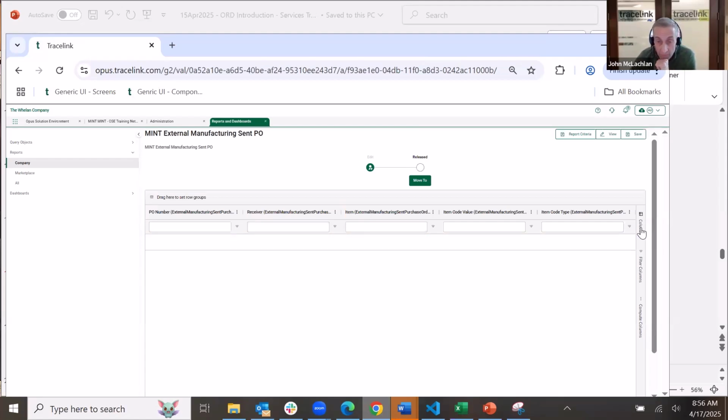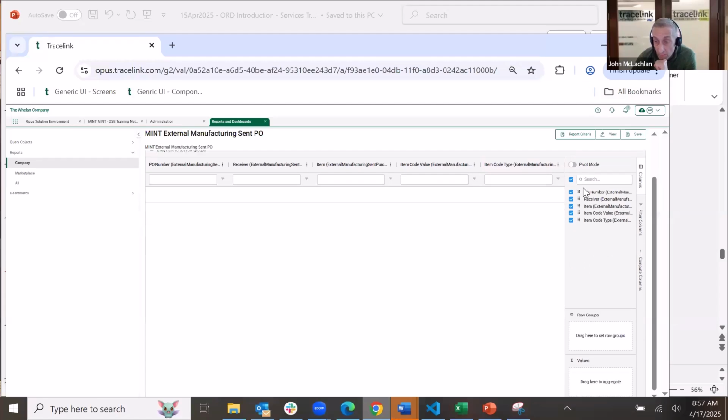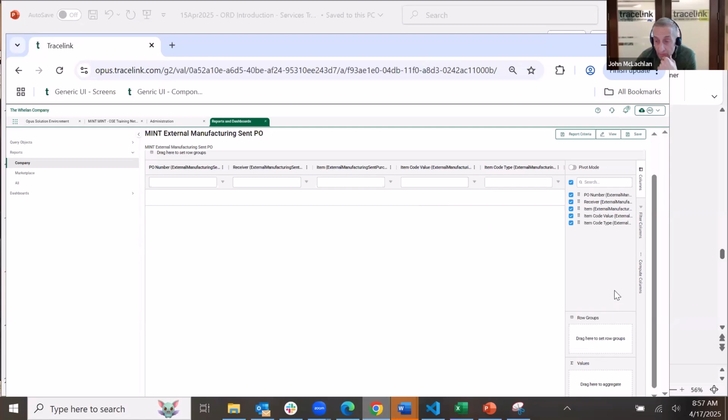Now, if there are additional configuration options, so if we select columns here, we can see what columns we've currently selected. We can drag and drop these if we want to rearrange the order. We also have the ability to group data. So if you think of